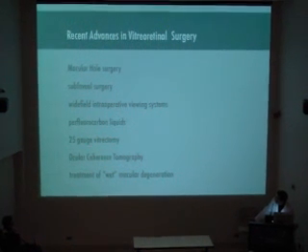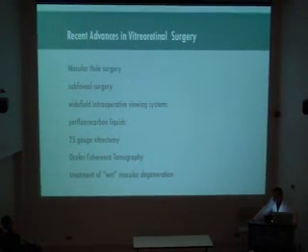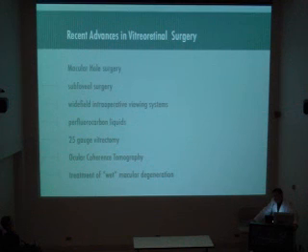In the last year and a half now, we have 25 gauge vitrectomy, which I'll show some video of in a moment. But the conventional vitrectomy for the last 20 years has been with 20 gauge instruments. 20 gauge is a measure of the thickness of those things that we're sticking in. 25 gauge is less than half as big. And the reason that's been a huge advance is it not only speeds up the surgery, but most importantly for the patients, no sutures are required. So it's infinitely more comfortable